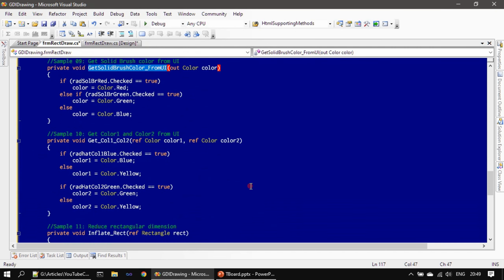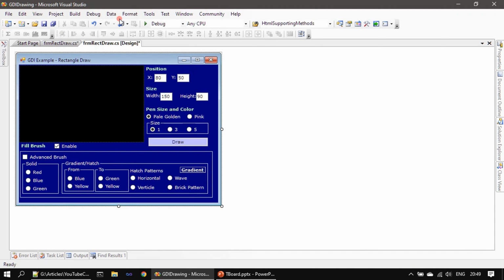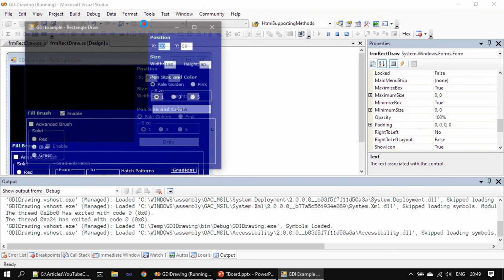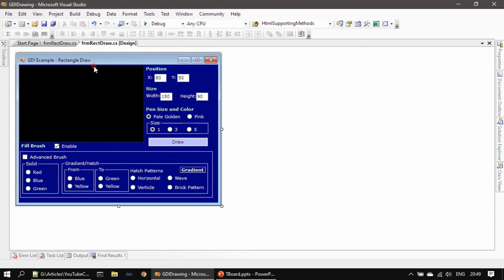Next we have get color 1 and color 2. That's for solid and gradient brush, and here we read the color 1 and color 2 when it is gradient. When it is hatch brush, that time also we read from the same set of controls. And if you see, we just change the header title when we flip the